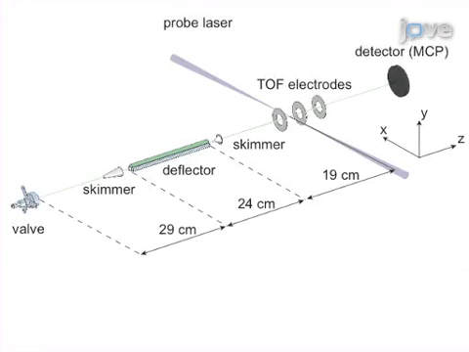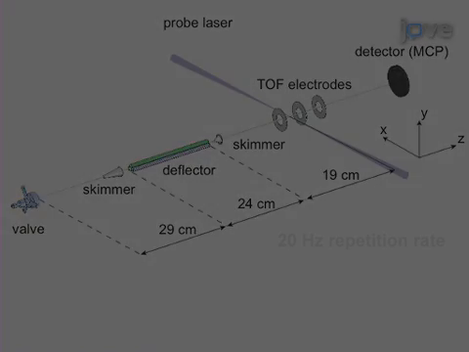A schematic of the gas phase molecular beam setup and deflector is shown here, and it consists of the following components. The first component is a pulsed Evans-Levy valve containing the molecular sample. In the experiments presented here, the valve is operated at a 20 Hz